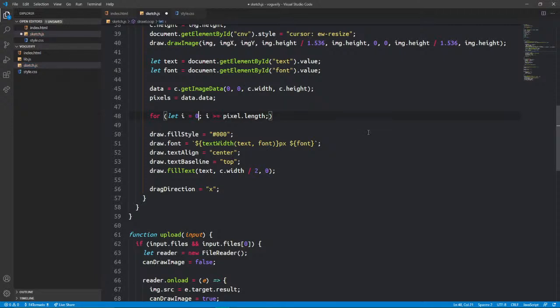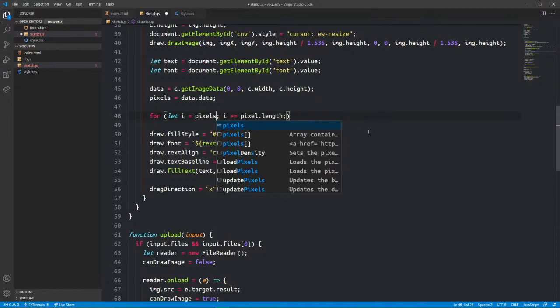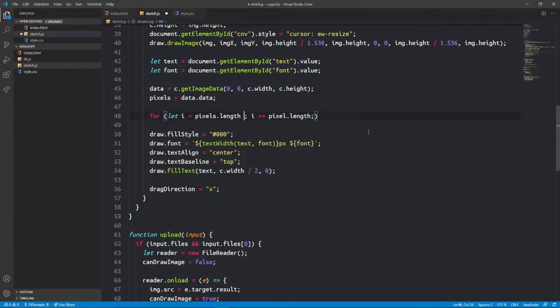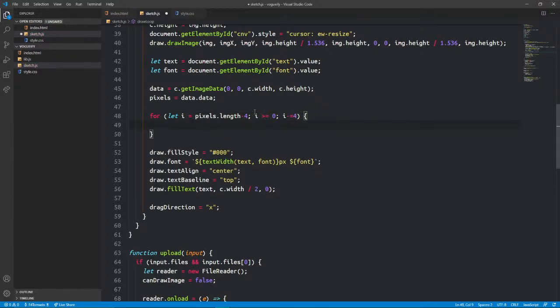Actually, I can do pixels dot length minus 4. I think. I don't know. And then i would need to be greater than or equal to 0. And then I would do i minus minus. Actually, I would need to do i minus equals 4. But also, I believe I'd have to subtract 5. But anyways,